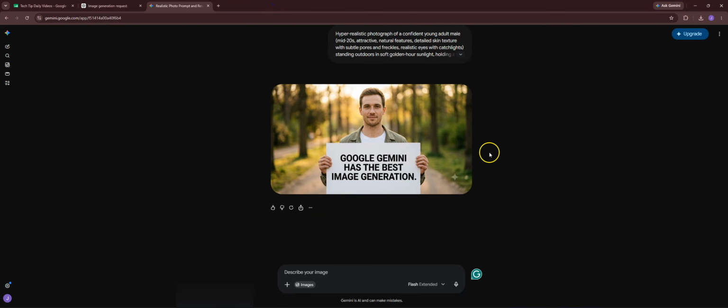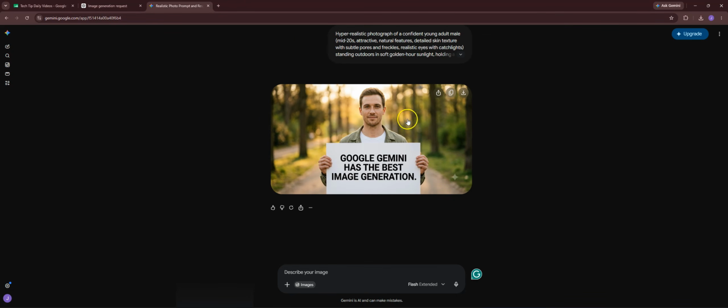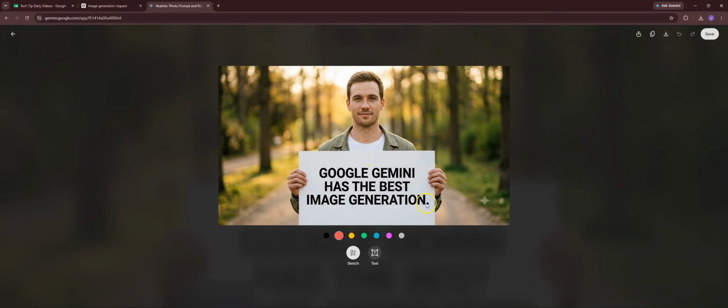Let's take a look here. Kind of the same vibe as the first one. They just made it a man. Let's take a look at the close-ups. The hands look at least pretty realistic. This is definitely better than Grok. And then finally, let's see what